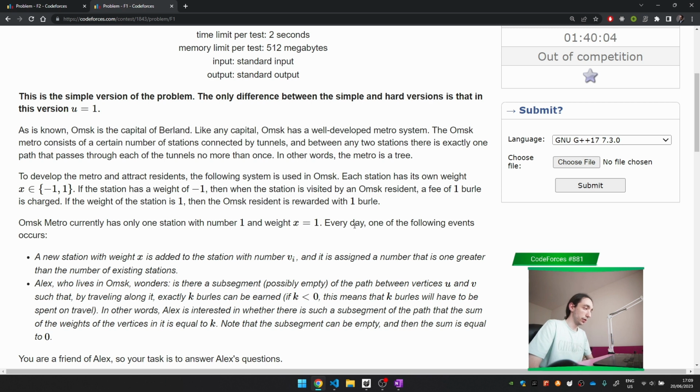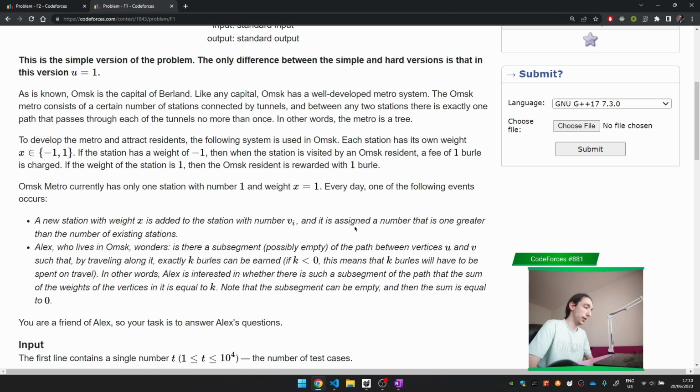The Omsk Metro currently has one station with number 1 and a weight equal to 1. Every day, one of the following events occurs. A new station with weight x is added to the station with number v, and it is assigned a number greater than the existing numbers. So this is just like